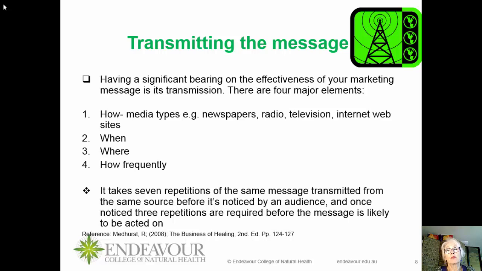So we work through media types such as newspapers, radio, television, internet websites, all those things that speak directly to people and that people can actually access directly. So the next question is, when do we do it? Where and how frequently?